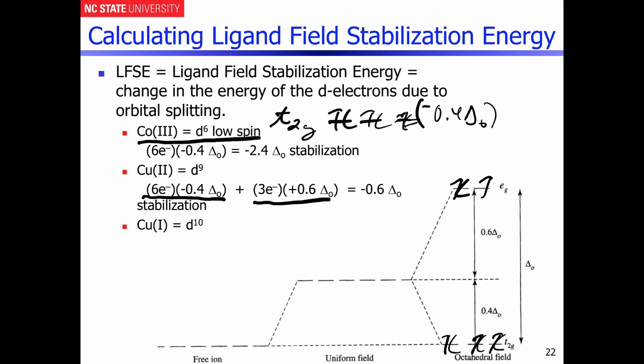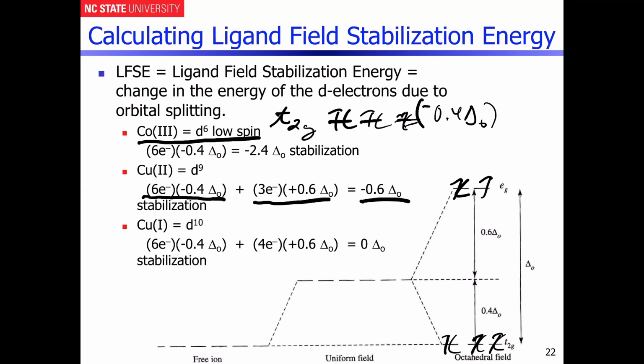So the net change in energy with respect to the spherical field is a net improvement of minus 0.6 del O in stabilization with respect to where you started from. So you can see that's one of the rationalizations for why these molecules have ligands in these certain geometries. It's like the stabilization gain makes it